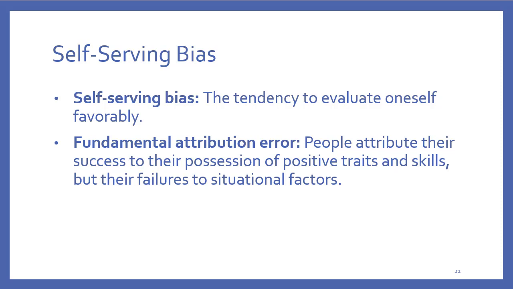However, when you apply the fundamental attribution error to other people, it's backwards. So if I look at somebody else and I see that they're successful, I will say things like, oh, wow, they got lucky, right? Like as if something else happened that led to their success. But if something bad happens to them, I'll say something like, oh, well, they should have known better, or they should have done better, or they should have known it was going to happen.